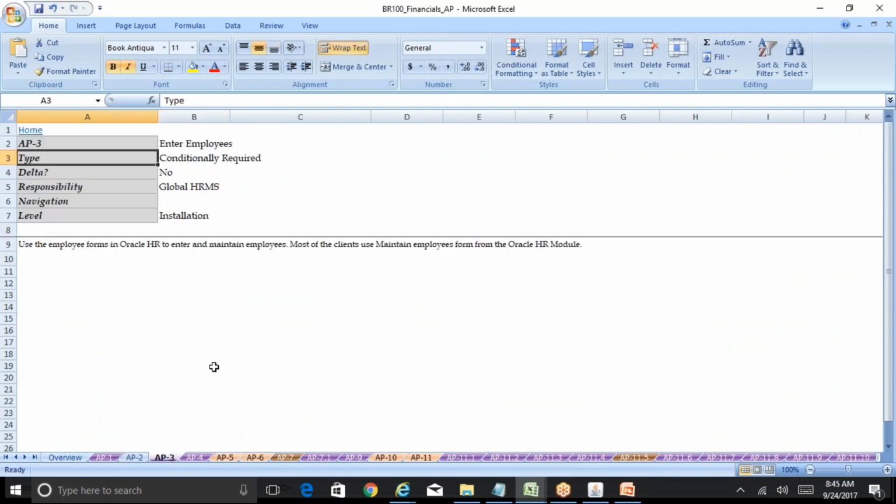and then the next step is creation of the employees. This is again not a mandatory step, if the employees want to create any expense reports,